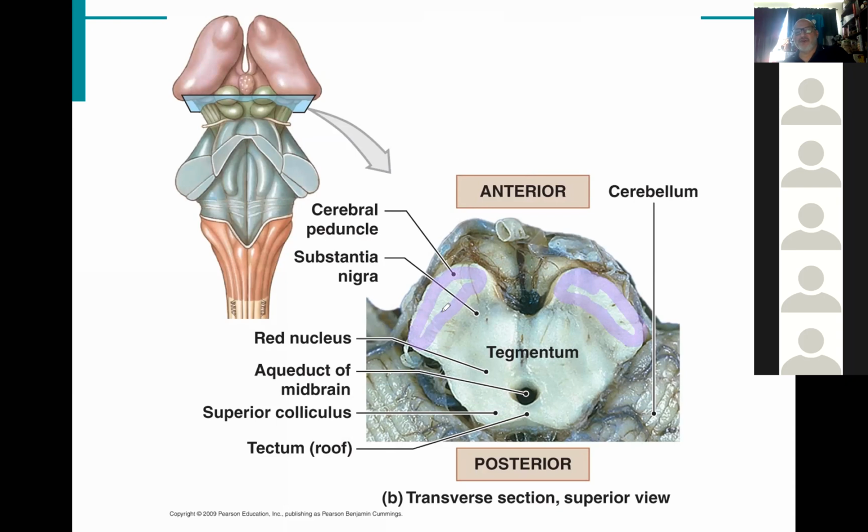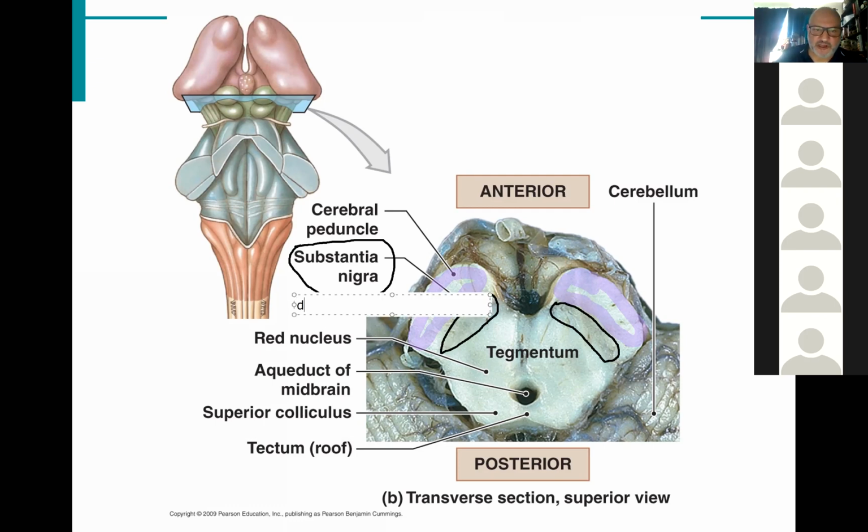Deep to the cerebral peduncles, you may notice, and I'm just going to draw around this so you can really see it better, there is this darkly pigmented region. This darkly pigmented region is very dark in color, which is where it gets its name. All right, it's the dark substance. It's the substantia nigra. This substantia nigra is where our friend that we were talking about before,